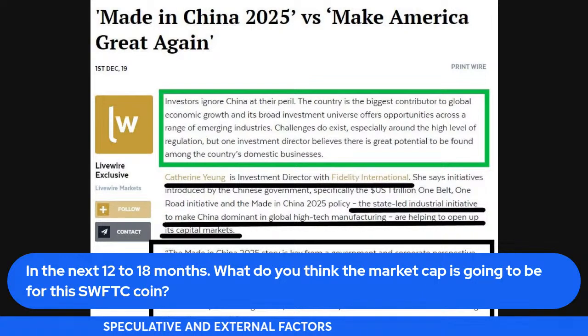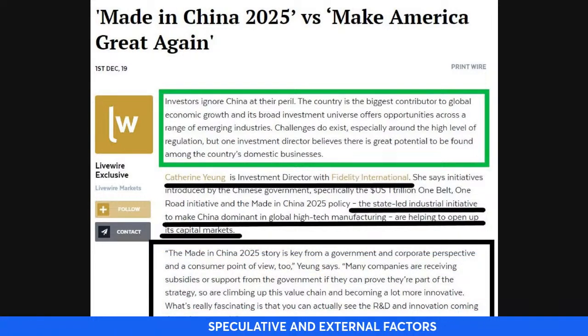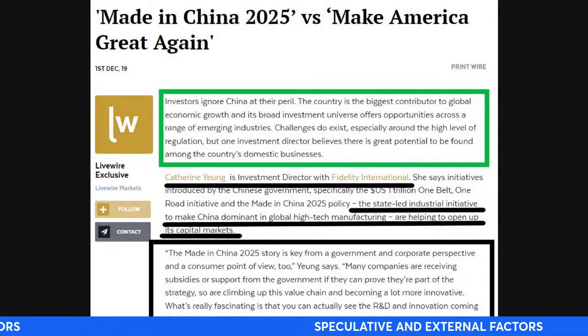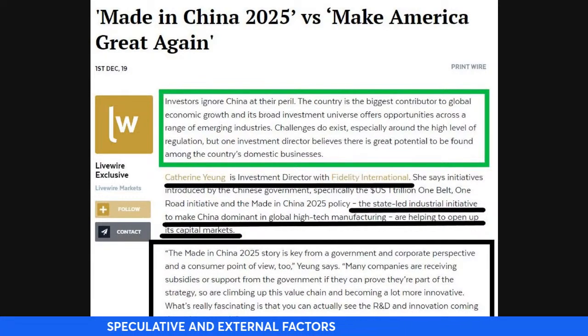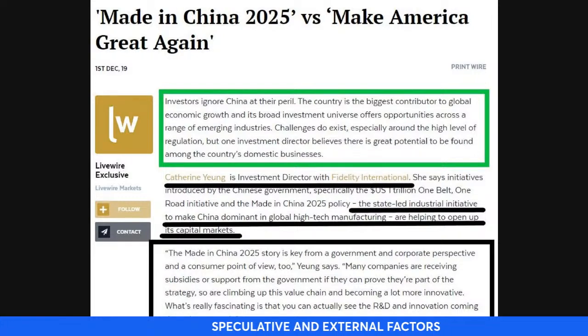Challenges do exist, especially around the high level of regulation. And let me put this down, high level of regulation, but one investment director believes there is great potential to be found among the country's domestic businesses. Catherine Young is the investment director with Fidelity International. She says initiatives introduced by the Chinese government, specifically the U.S. 1 trillion One Belt One Road initiative, and the Made in China 2025 policy,